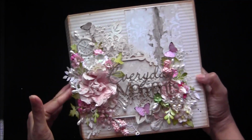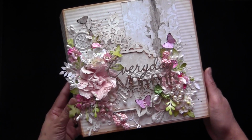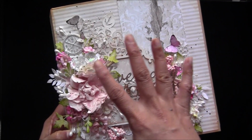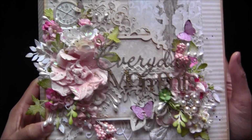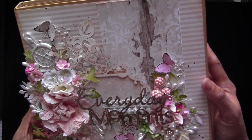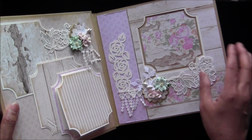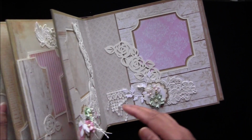And this is my beautiful album, and it's a very simple, easy album, as you already noticed, but I put all my efforts, all my love, everything on top of this album. The cover is really stunning. I'm so in love with this, and I hope you will like it. And these papers are to die for, seriously. This is my favorite collection. So as you have seen all the beautiful graphics all over here,